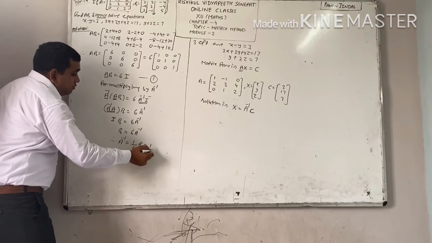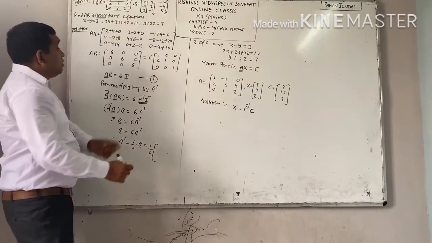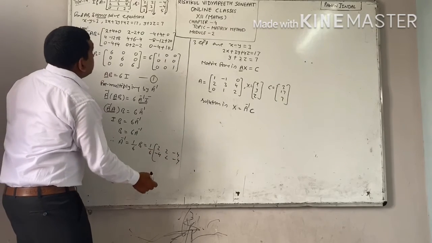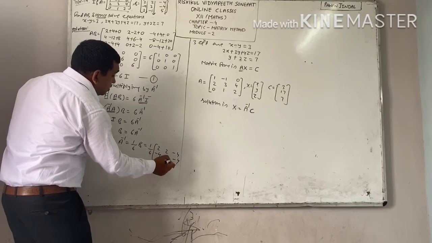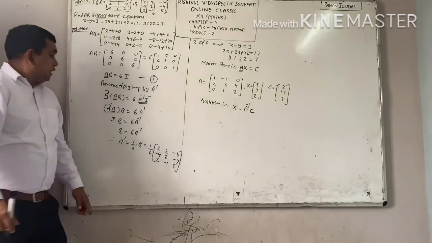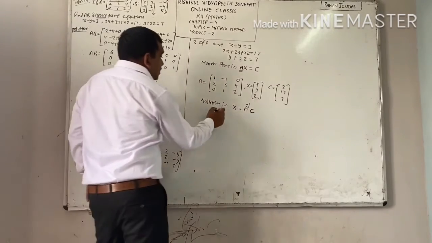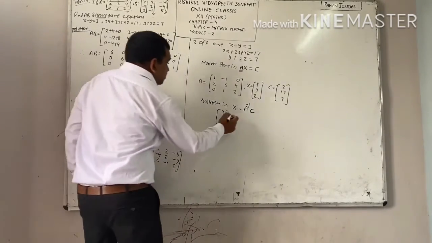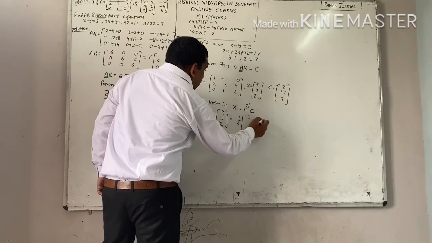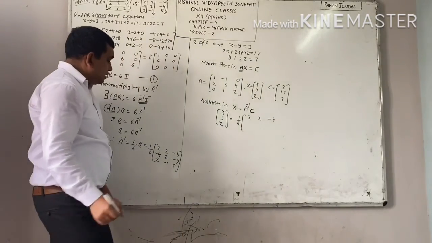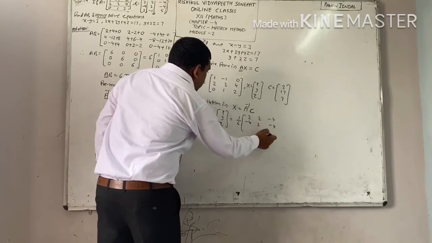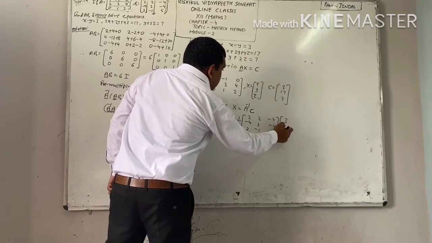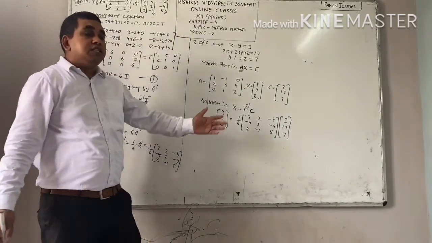And we know the value of B very well. Value of B is 2, 2, minus 4, minus 4, 2, minus 4, 2, minus 1, 5. Right? Put value here and get the answer. X, Y, Z. We have already found out the value of A inverse. This is your 1 by 6, 2, 2, minus 4. Next is minus 4, 2, minus 4. Last is 2, minus 1, 5. C is your 3, 17, 7. Now we will multiply these two matrices.